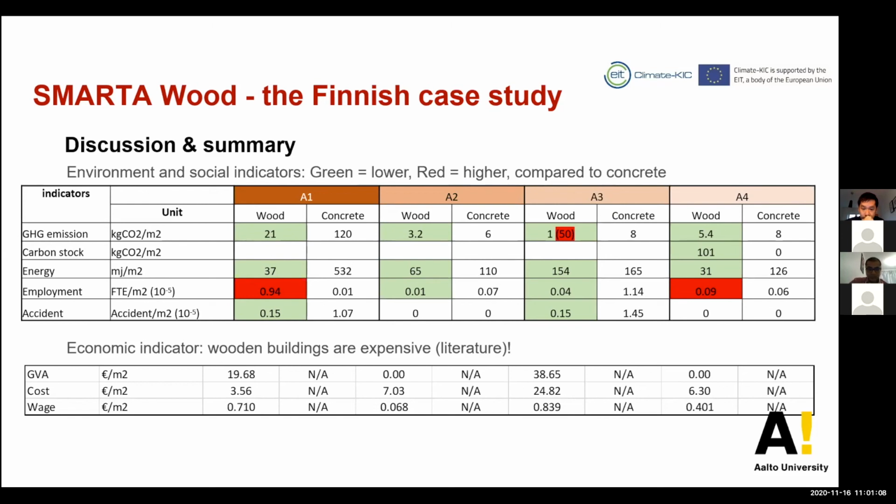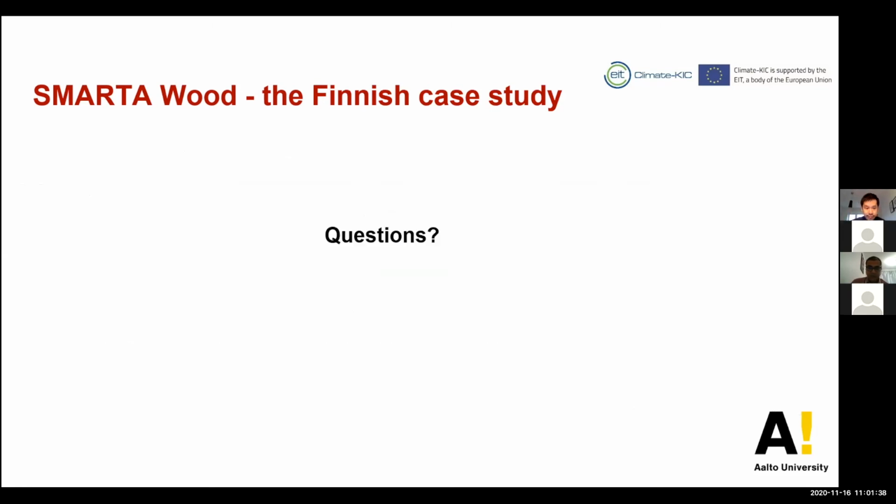But it would be interesting to see how it looks if we calculate this for concrete, because we have focused on structural elements. When they say expensive, that could be something like for fire, so they could use a sprinkler system. That is expensive. That could be one reason. So that is what I wanted to say. If you have any questions,